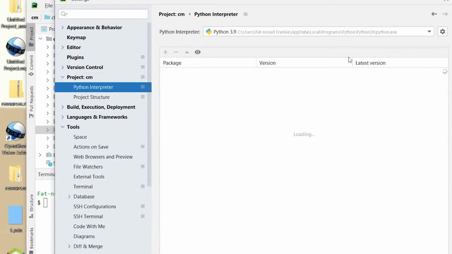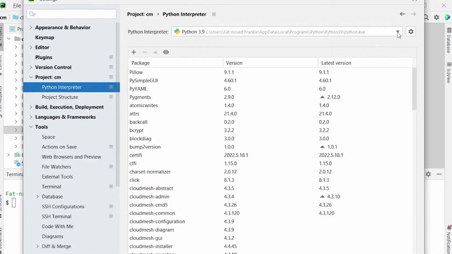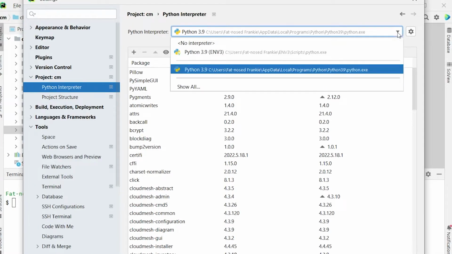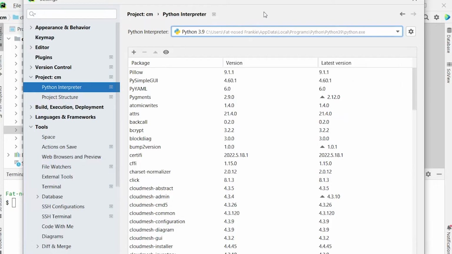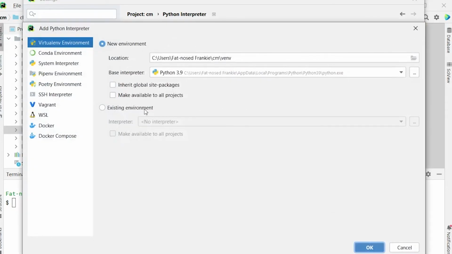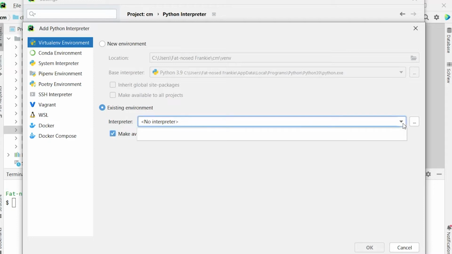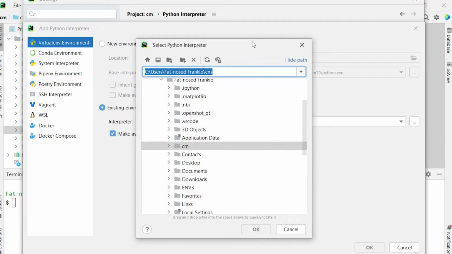And now, instead of the system-wide Python, we can click on the drop-down arrow and click env3. However, this may not appear in your list, in which case you should click on the settings and then click add, click existing environment, and make sure that you check make available to all projects so that it's easier for you. And then if it's not in this list, you click on the 3 dots and then you locate your